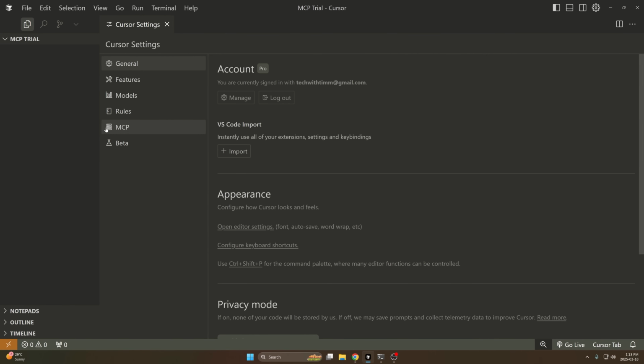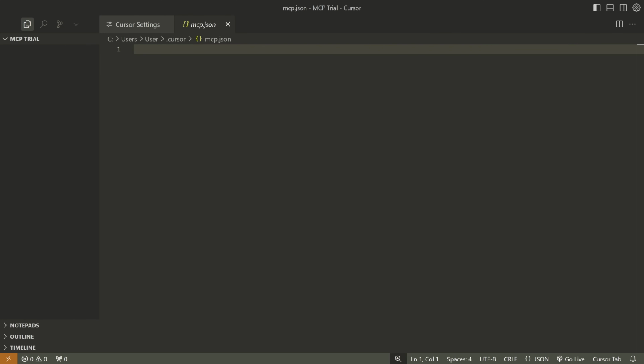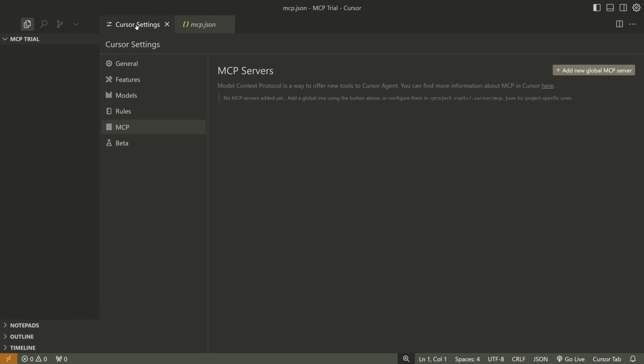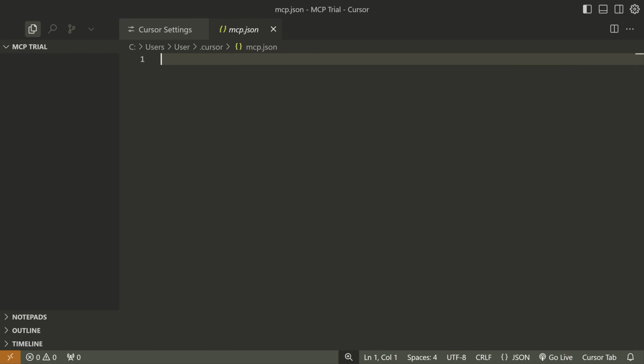And you can type Cursor and then just click on Cursor Settings, okay? So open up Cursor Settings, go to MCP. Depending on your version of Cursor, this might look a little bit different. And then you're gonna press this button that says Add New Global MCP Server. Now, when I press this, it's gonna open up this mcp.json file. However, if you don't already have this file created, it's gonna ask you to create it. So just create this JSON file and then you'll be good to go. Now from this JSON file, this is where we can add our MCP servers and we can just put them in a list. It's very simple,